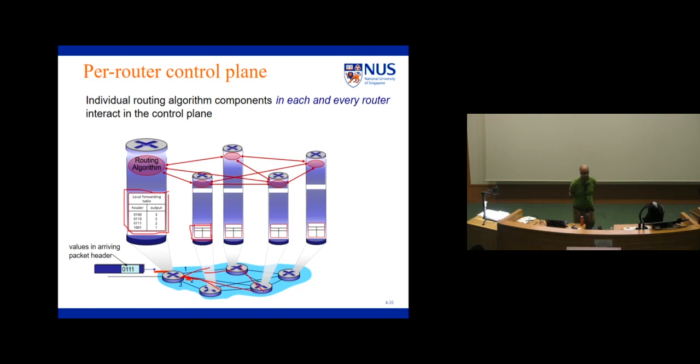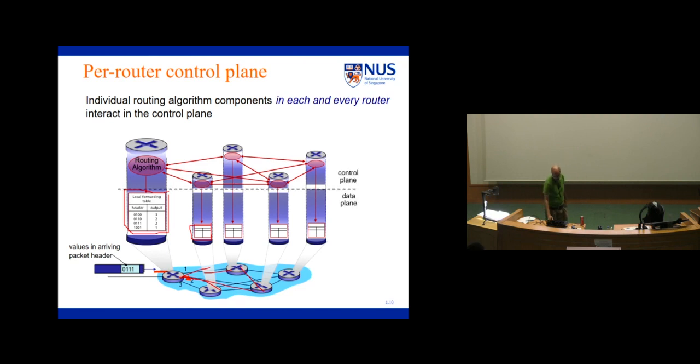Occasionally in your network, some of the policies may change. If you change your policy, then you have to go and change the algorithm on each and every single router so that the policy can take effect. Very tedious. Sometimes you make mistakes. So currently the approach is that to say,